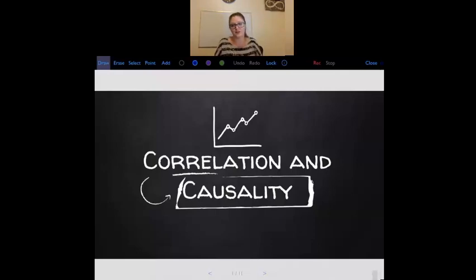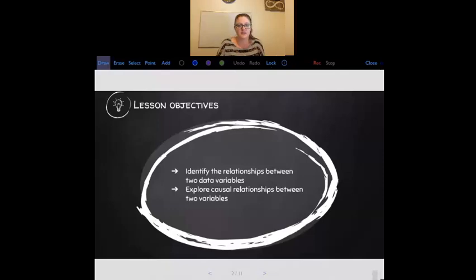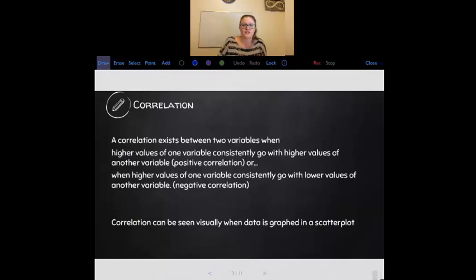This lesson is titled Correlation and Causality. What we'll learn to do is identify relationships between two data variables, and then we'll learn to explore the causal relationships between those two variables. To get started, correlation. Correlation exists between two variables when higher values of one variable consistently go with higher